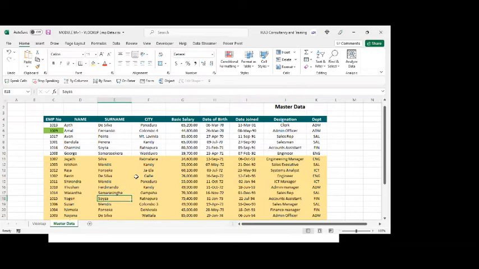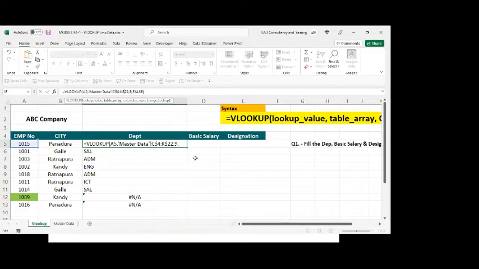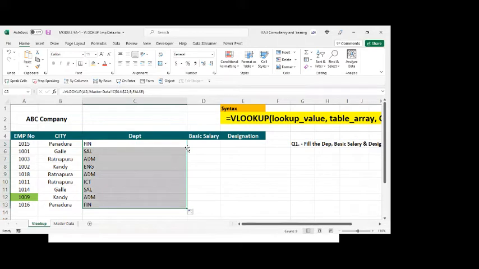Why? When you copy down, everything moves down. So the range also has moved down, and the earlier one was within the range, so it came, but this one is out of the range. So therefore, the error is this. You have to put a dollar sign before here and before here. $22 and C$4 to $22. Or press F4 and highlight. Now you copy it down. You get everything.